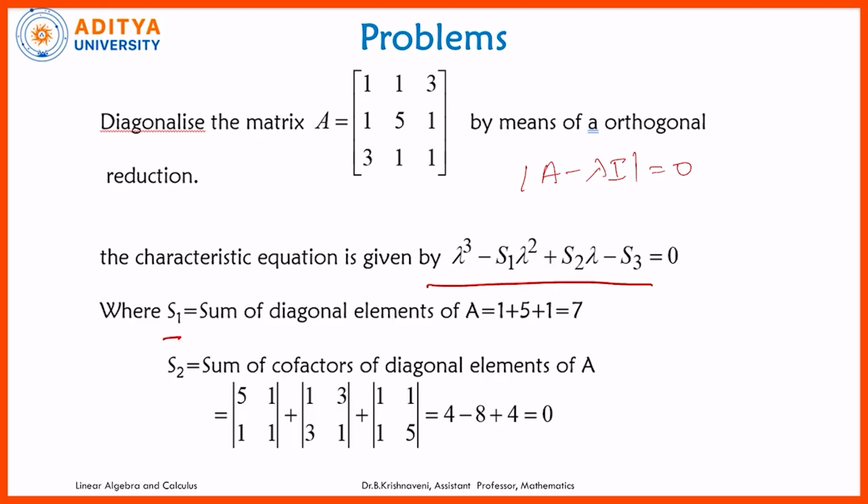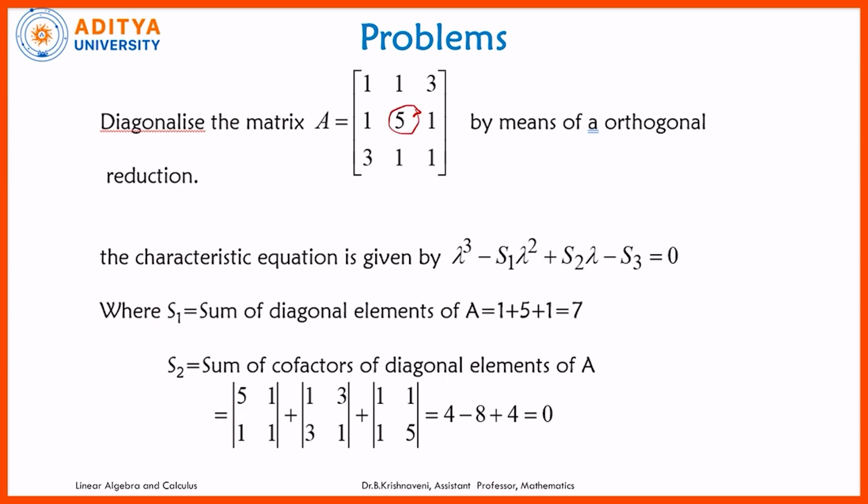And here S1 is the sum of the diagonal elements of A, which is given by 1 plus 5 plus 1, that is equal to 7. And S2 gives the sum of the cofactors of the diagonal elements of A. So, first let us consider the diagonal element 1. Since it lies in the first row and first column, the sign is positive. I need to delete the row and the column containing that element, and consider the determinant of the remaining elements, which is given by det of 5 1 1 1, plus